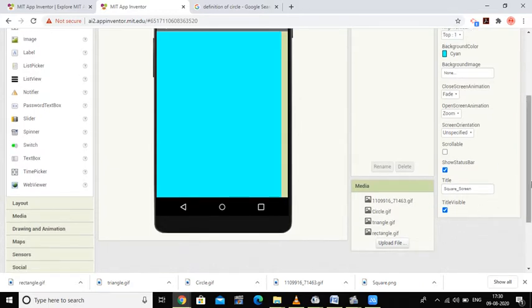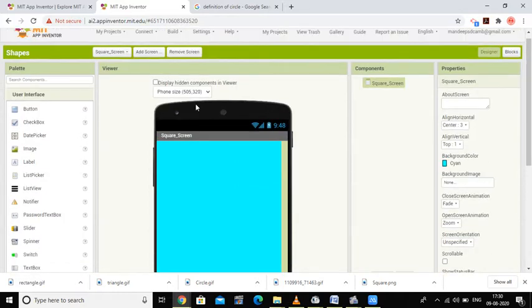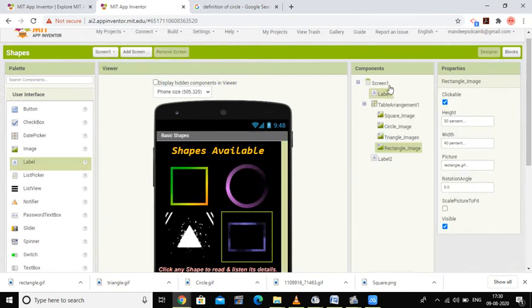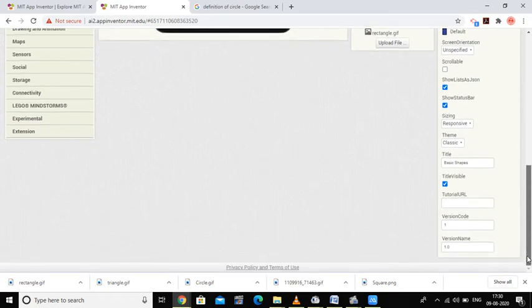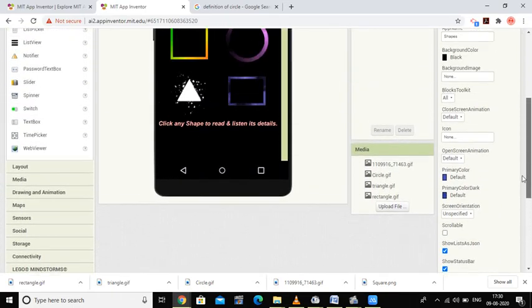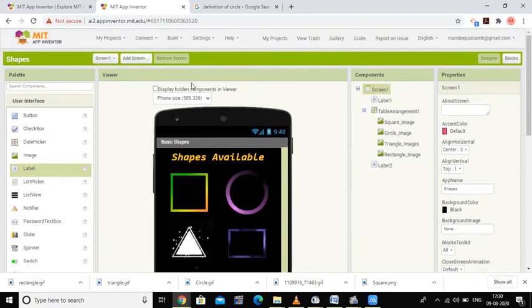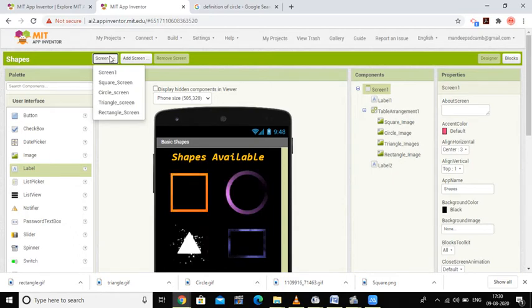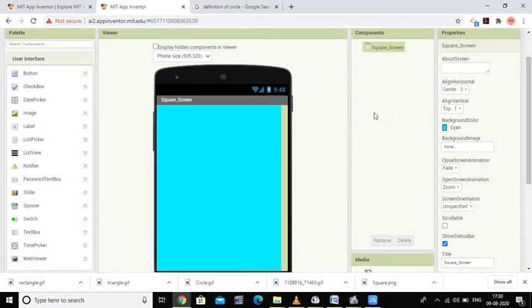Now I want a button to go back to my home screen. Here I have the option screen 1, and for screen 1 I am going to give the title Basic Shapes. These are the properties. When the square screen is selected, the first thing I want to add is a button.